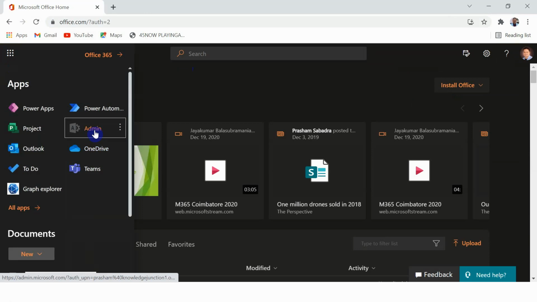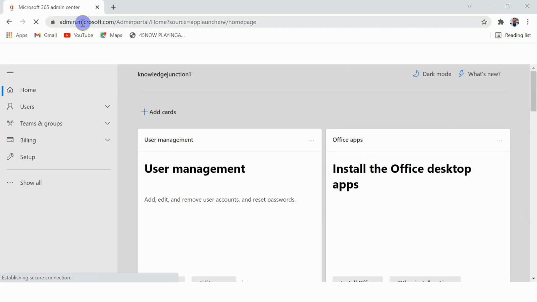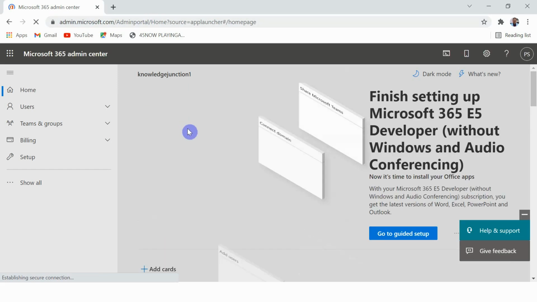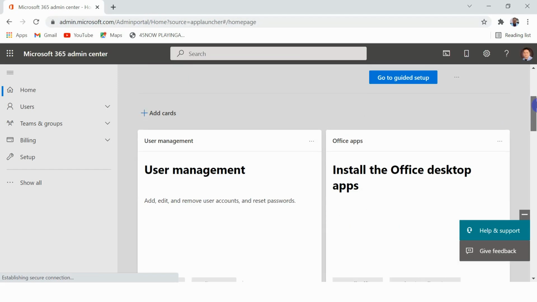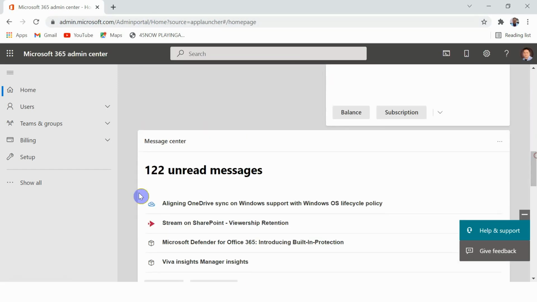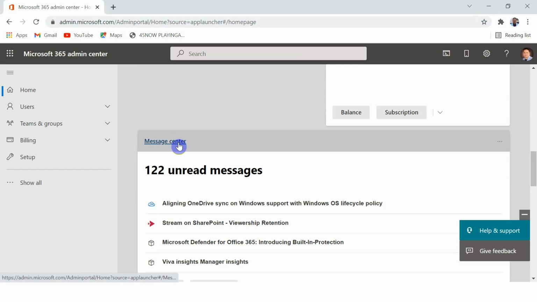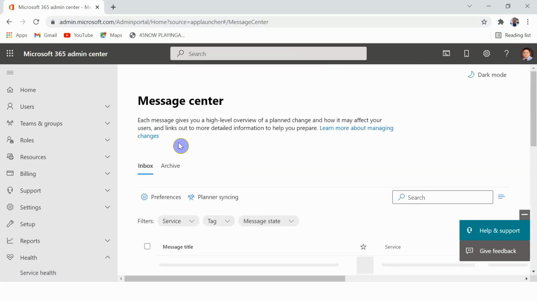From the admin section we'll go to the message center. We could also directly go to the admin.microsoft.com admin portal. Okay, it's loading and I came to the message center.